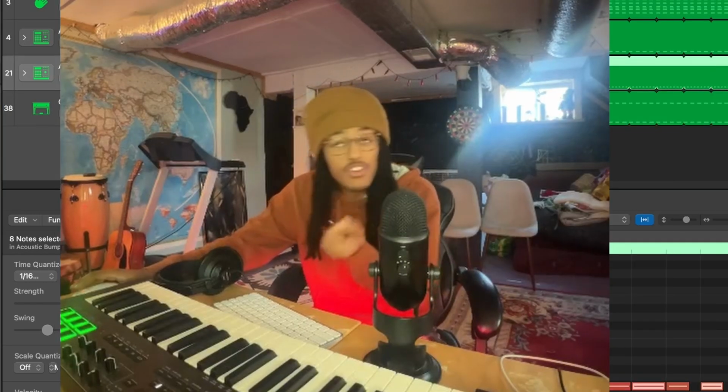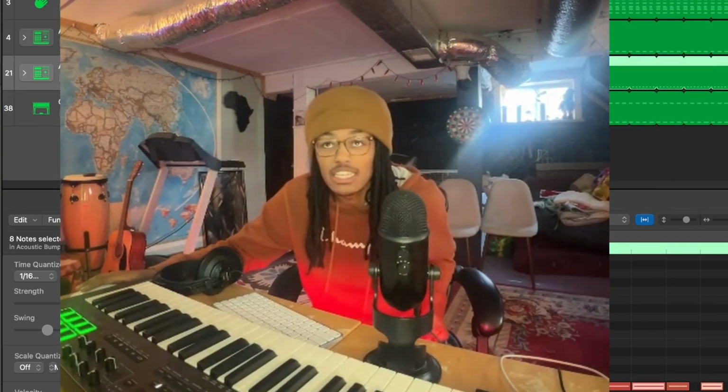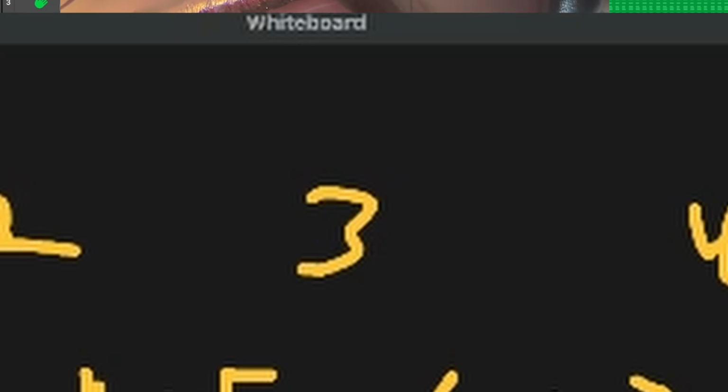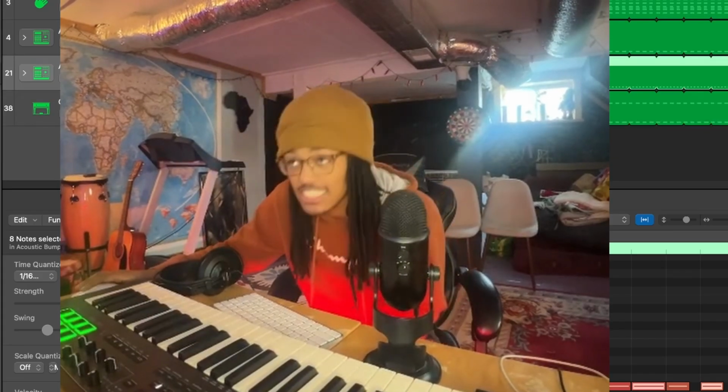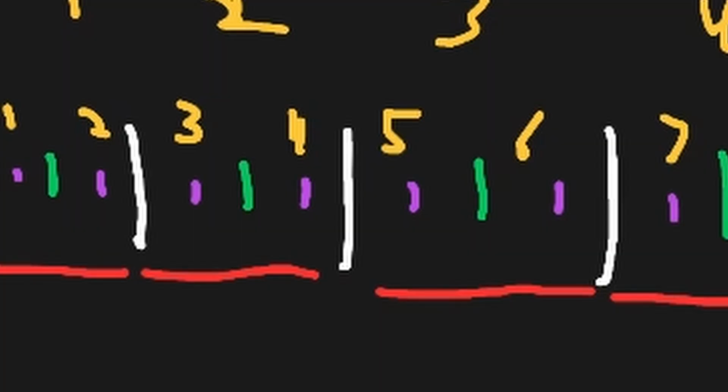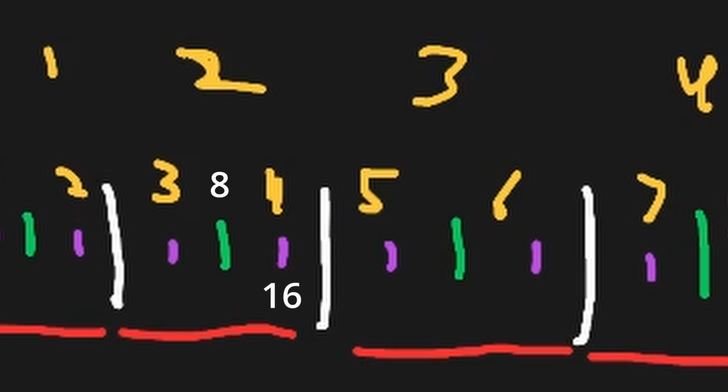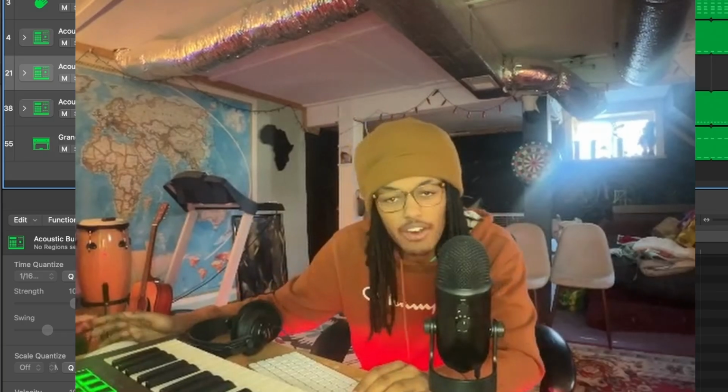The rhythm, everything else right now is doing the beat, the actual beat. 1, 2, 3, 4 section. The hi-hat is in the 16. That's why we would say 16. You get it? Do you get it? Purple 16, the green is 8, and the yellow is the main 4. Let's get the snare in the 8.